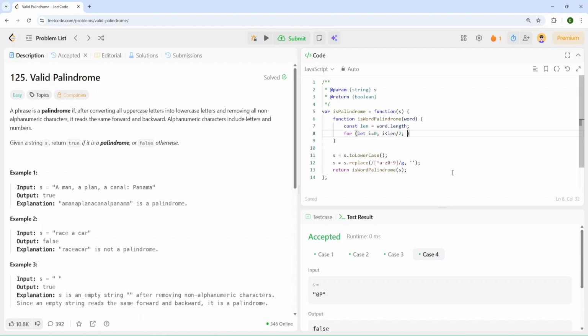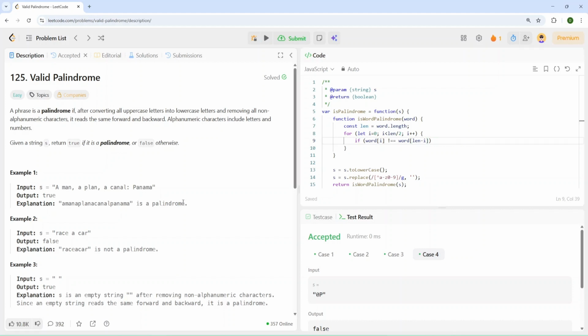Okay, and let's do i plus plus and check if the word with index i does not equal, and add an if statement here, and check the word with length minus i, and this would be the last letter the first time, and then it will be the last after one.